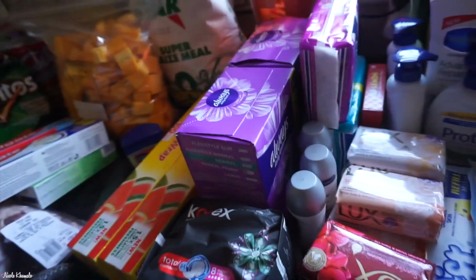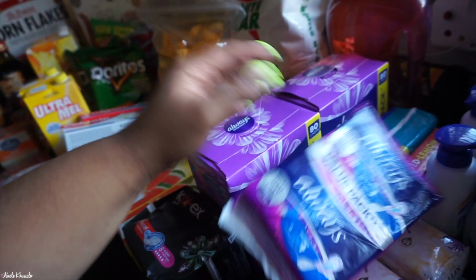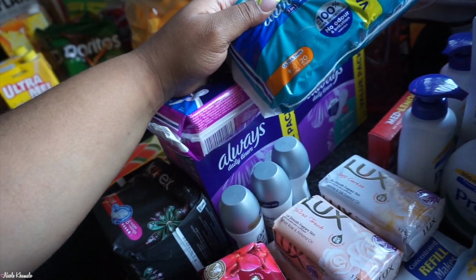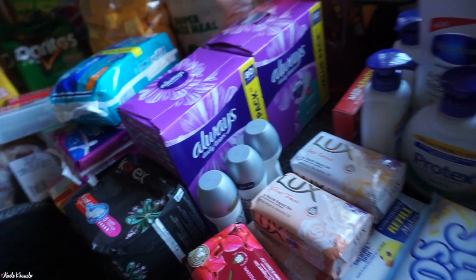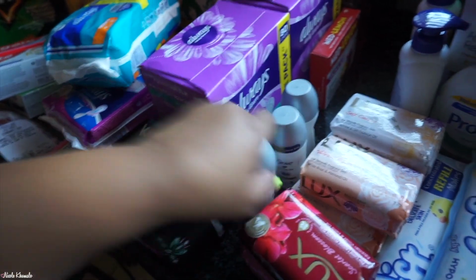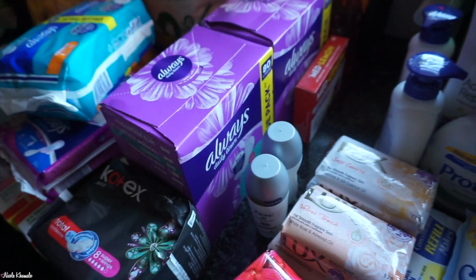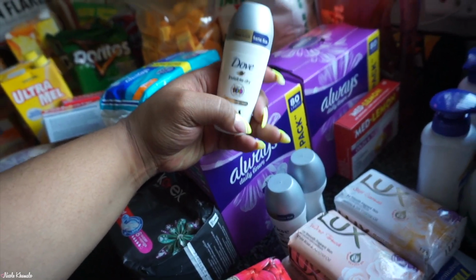So yeah, this was a lot. We got these pads, and then we also got these Always ones. So these are the platinum ones. I really enjoy these. And then we got the ultra thin ones, 3-in-1. I got those. And then over here we have some red lemon just in case. We got 3 of these Dove roll-ons. I really am enjoying this one. I started using it recently. I used to always get the blue one, which is the original one, but this invisible dry one is really